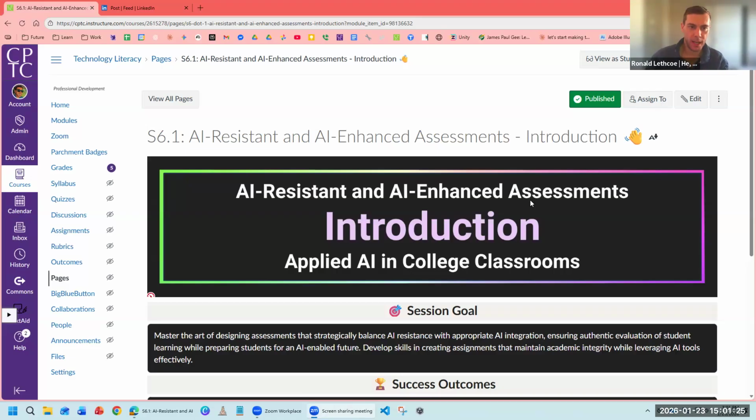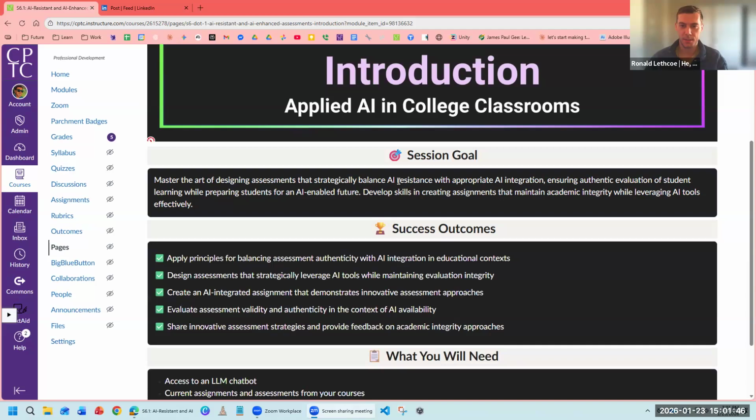Module 6, Session 1: AI resistant and AI enhanced assessments. This is the big one. A lot of people are having problems in their class because their assessments are easily done by AI. And so today we're going to look at how to design assessments that strategically balance AI resistance with appropriate AI